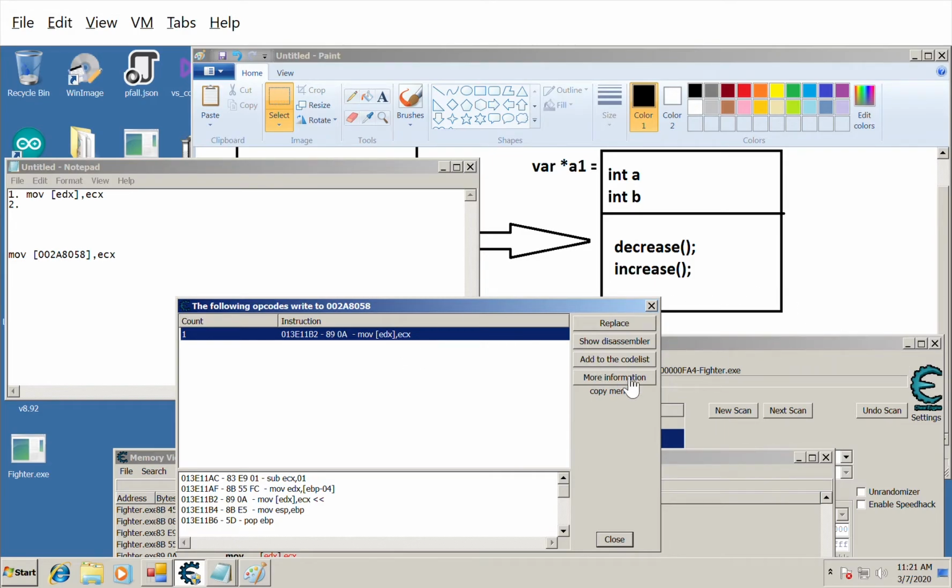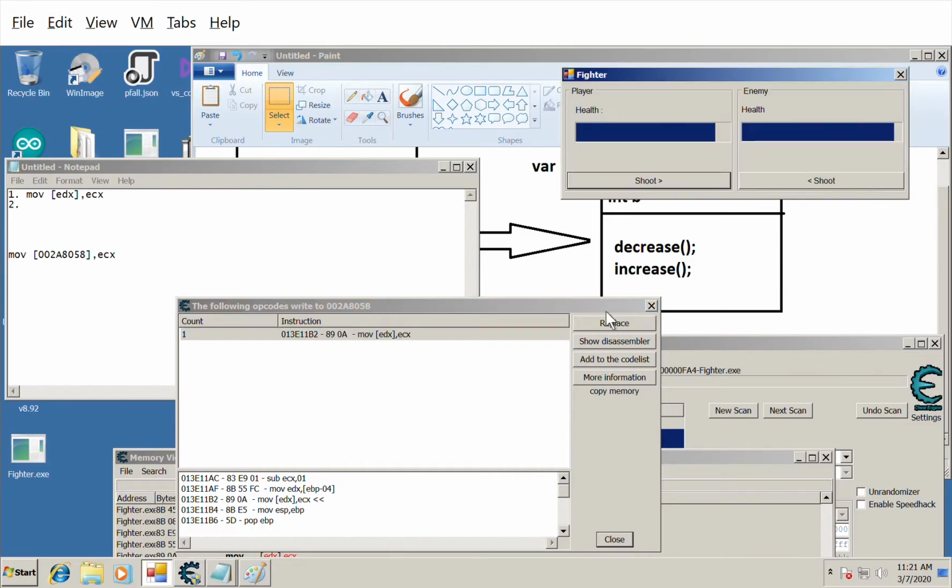So here the EDX value can be changed according to the player and the enemy. So the player has one memory location and the enemy has one memory location, but all are doing the same thing, called reducing their health. So that can be done by just using the base pointer, or the pointer of the actual player. So here, if we go to the assembler,